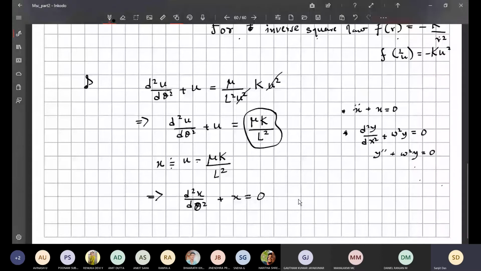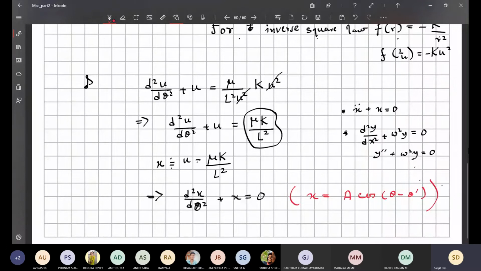Simple harmonic oscillation. Nothing else is there. Now, if this is the case, then I know the solution also, because the solution will be harmonic. Harmonic means sine and cosine. So if I can write this in this particular fashion, then I can write the solution. What will be the solution for this? Let me write down the solution in a different color. X is equal to a cosine theta minus theta prime. Theta minus theta naught or theta prime or alpha, anything. This is just a phase factor, nothing else is there.